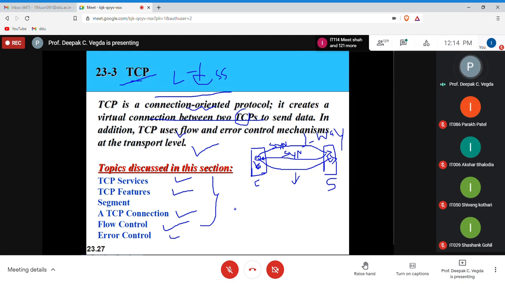The basic difference is that UDP is a connectionless protocol, and TCP is a connection oriented protocol. Because when I drop a message, I don't know whether the other person is available or not. I just drop a message, that's it. When I forward a postcard, I don't know whether the other person is available, and I don't know whether I'll get an acknowledgement. Actually, I do not need any acknowledgement. So I'll forward it, that's it.